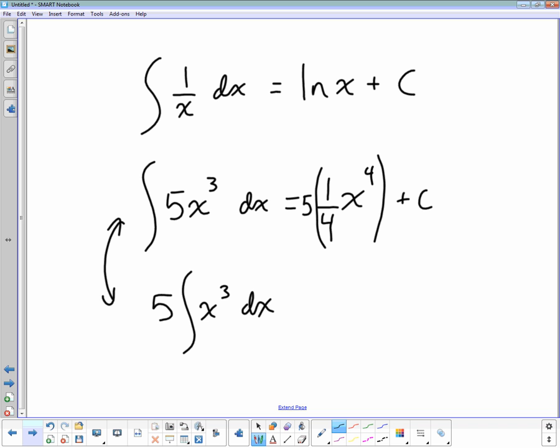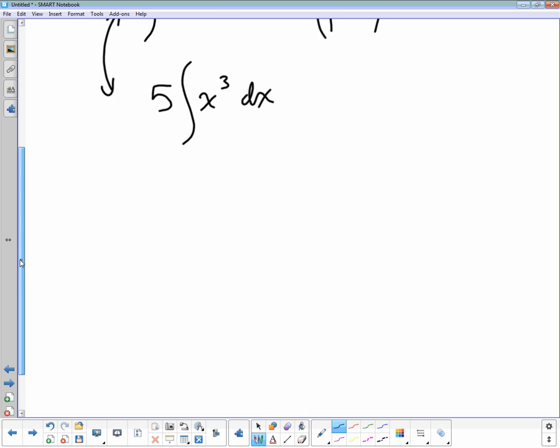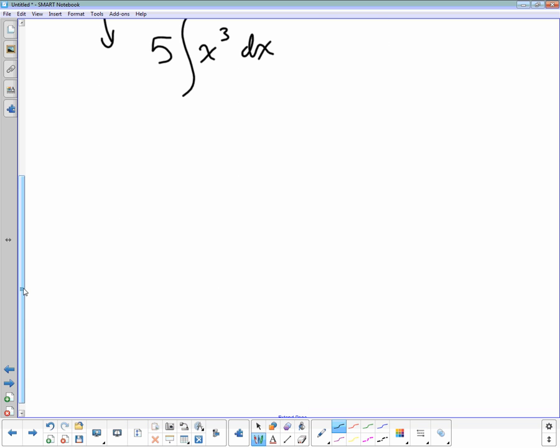Okay. All right. Constants are allowed to come out. It's also another property, and we saw it a moment before. We didn't explicitly talk about it. Well, let's look at this. For example, if we did